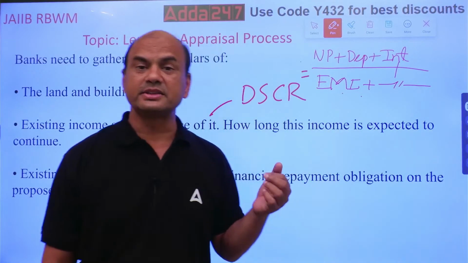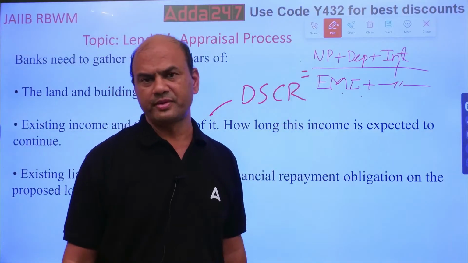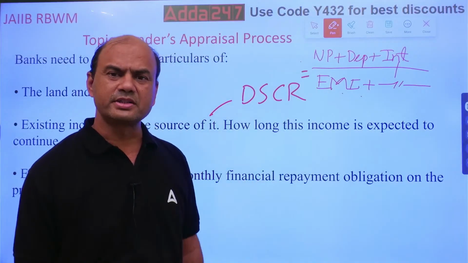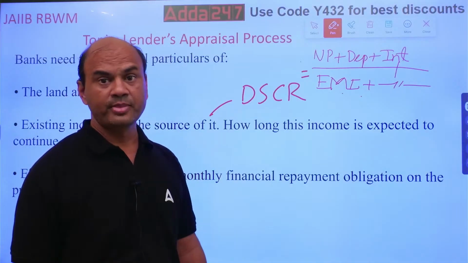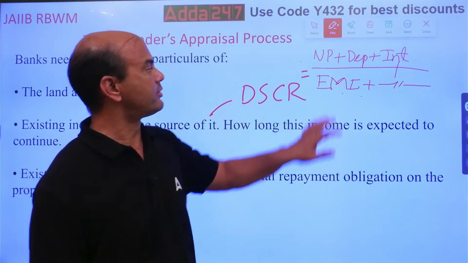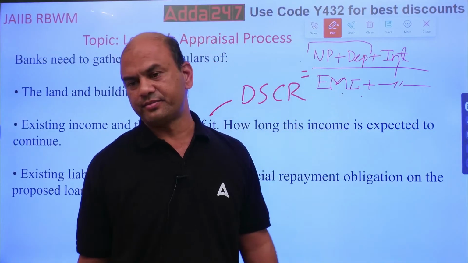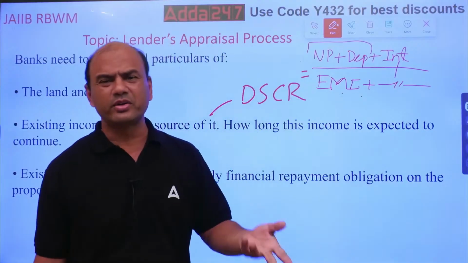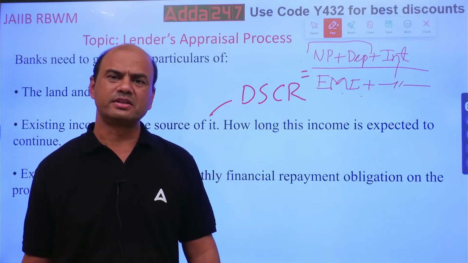Now, if somebody is a salaried person, then where is the net profit? There is no net profit. Where is the depreciation? There is no depreciation. So simply it will be the salary, the yearly salary, instead of this total part. Even for the long-term loans, if you are not having a loan, then remove it. Then there's no question, isn't it?